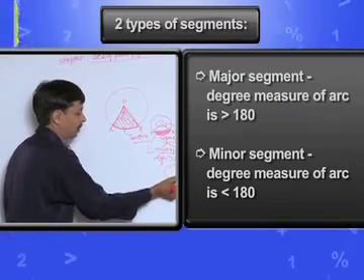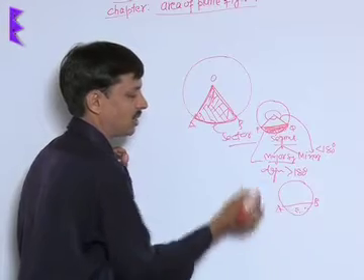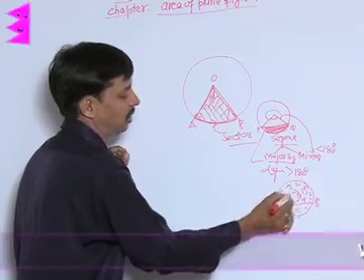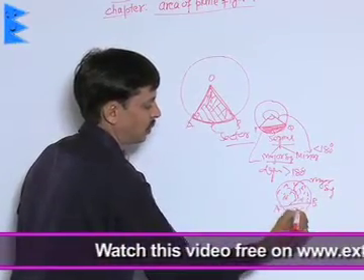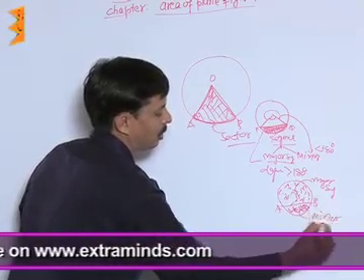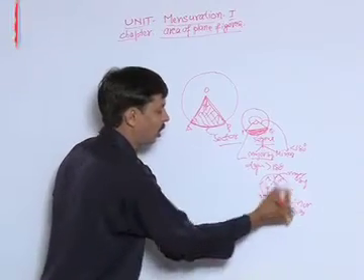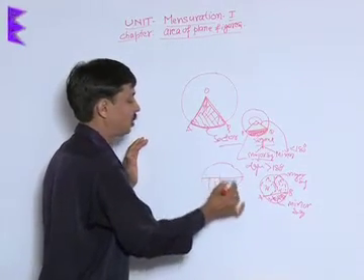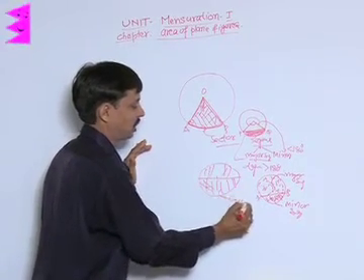I am showing here by an example that AB is a chord and this is the minor segment, whereas the remaining part of this circle is the major segment. This is the major segment, and this lower one where I am putting crosses is the minor segment. So there are two segments, but in case this chord becomes the diameter, then the circle is classified in two equal parts, then we say it is the semicircle.